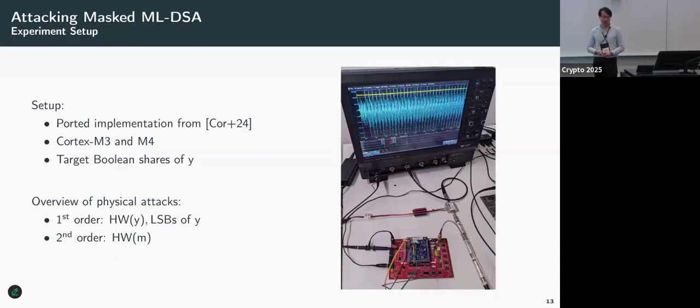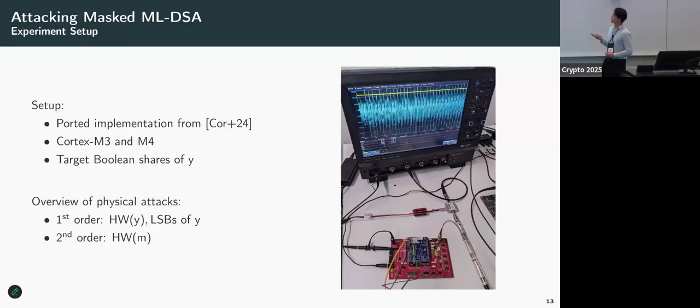And from the simulation, we know that we should be able to recover the secret key S1 with a reasonable amount of signatures. Therefore, we set up experiments. We ported the implementation from the open source masked MLDSA proposal for two microarchitectures, Cortex-M3 and Cortex-M4. And because now we know Boolean masking is more interesting, we attack